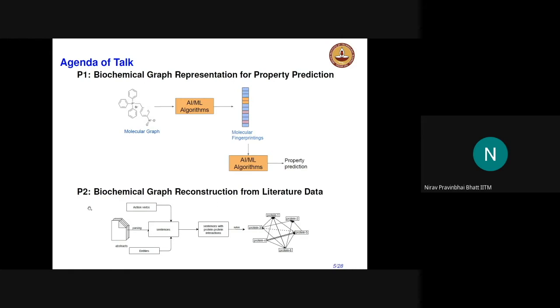And this is again a challenging problem, particularly in the context of the last problem which we discussed, where often we use literature data to reconstruct a rough model and then use that rough model to refine with omics data and other data. The question we are asking is, can we reconstruct a biochemical graph or a network from the literature data? That's what I'm going to discuss, some methodology we have tried to develop in the last couple of years.